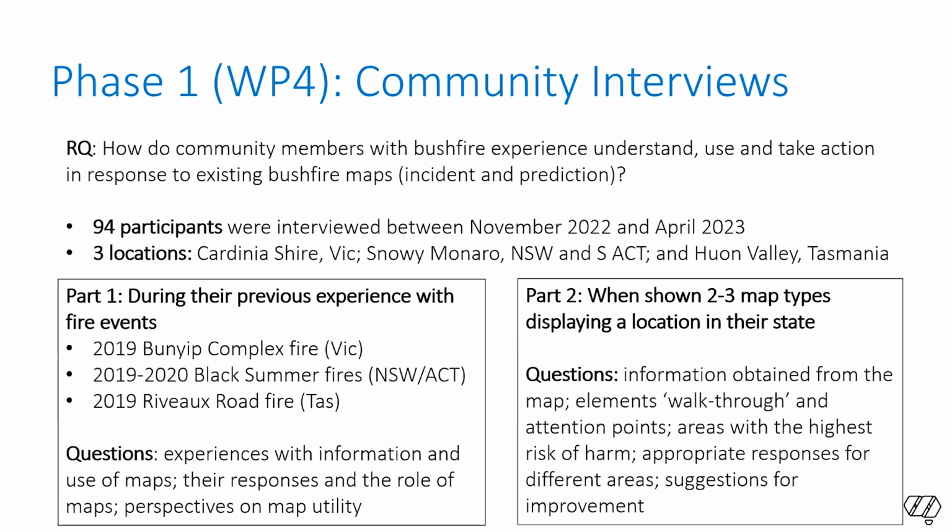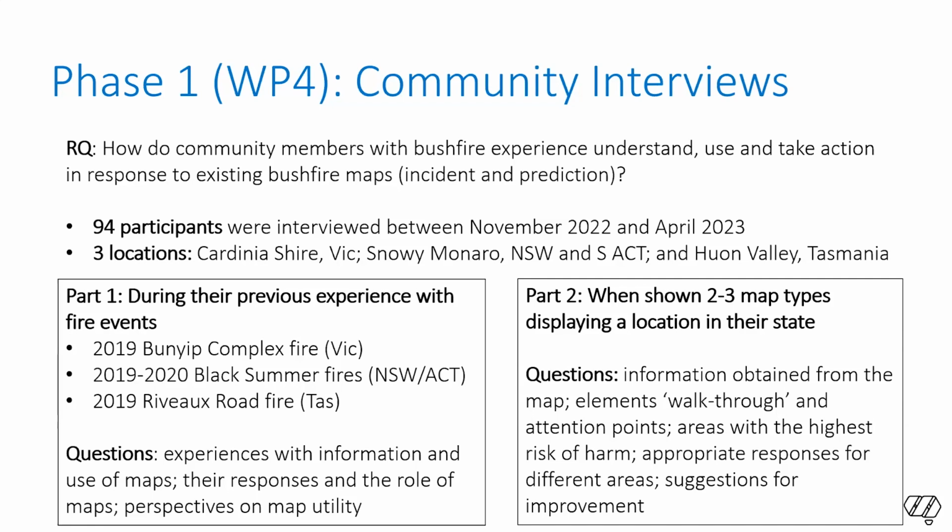map utility. Then we also had the second part of our interview, where participants were shown 2 or 3 different types of maps and accompanying warning information where applicable, that displayed a location in their state. For each map, we walked through a series of questions, asking people about the information they obtained from the map, asking them to walk through the different elements on the map and what they meant to them, what captured their attention first, where were the areas of highest risk of harm, what were the appropriate responses for people in those different areas, and then suggestions for improvement,